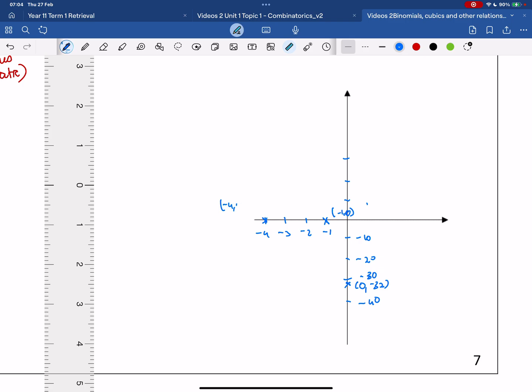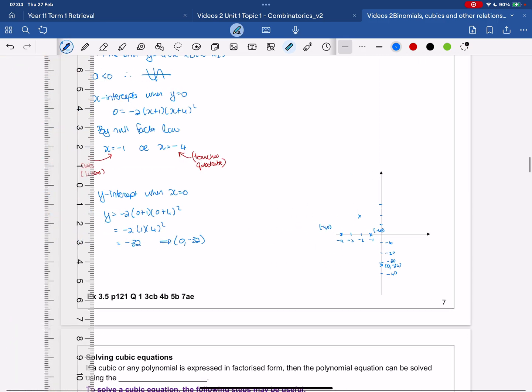negative 4 and 0. We're going to get a turning point here on our x-axis, and we're going to be putting another turning point somewhere there. And we're going to be sketching a nice neat graph. So notice we've got one turning point on our x-axis, and like that. And that's y equals negative 2 x plus 1 x plus 4